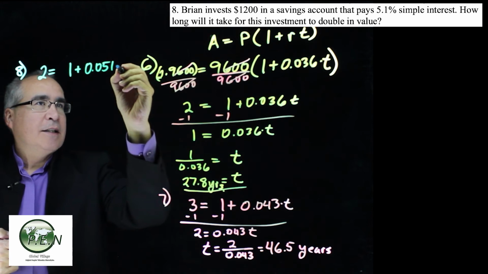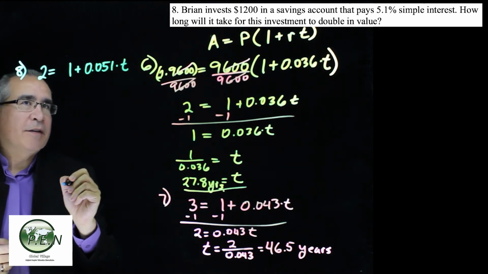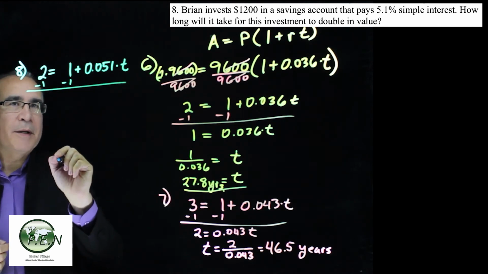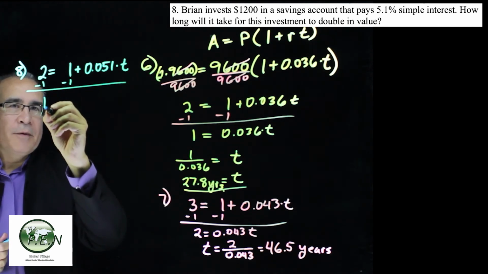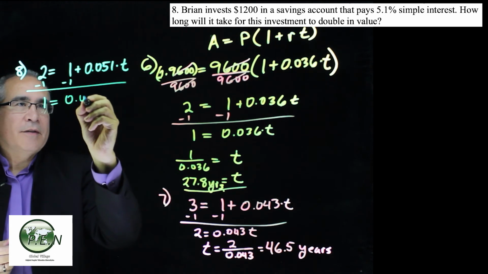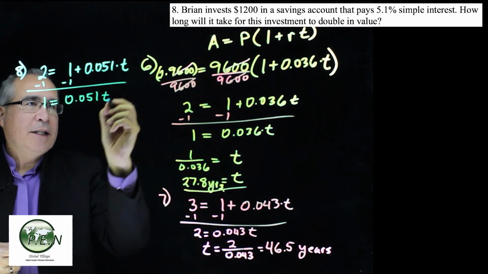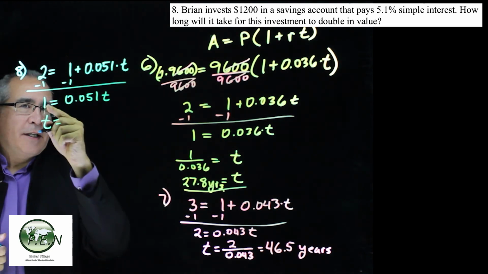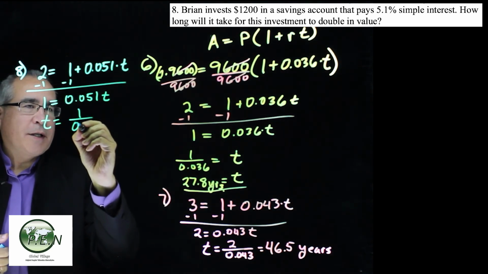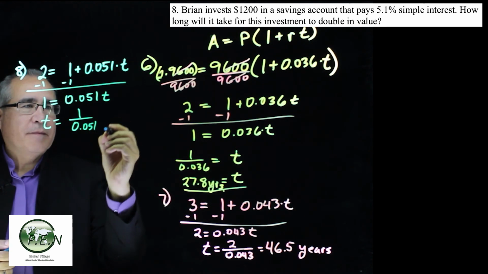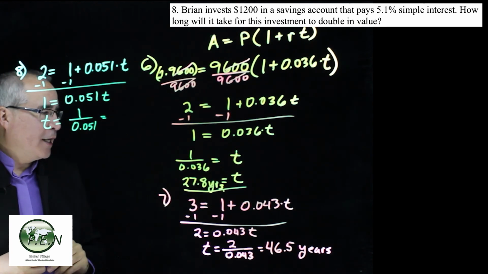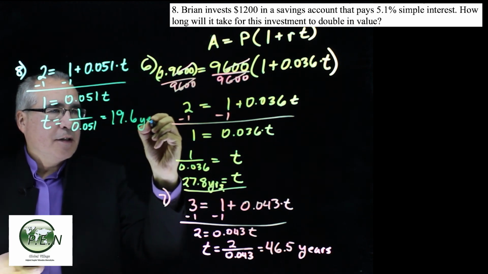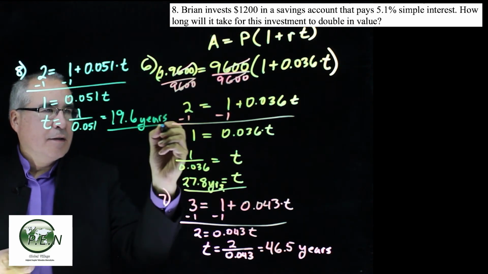0.051 times the amount of time it's deposited. So again, we subtract 1 from both sides. That's our original deposit. And we're left with 1 equals 0.051t. And so our time is equal to 1 divided by 0.051. And when we do the math on that, we get that that's 19.6 years. Okay,